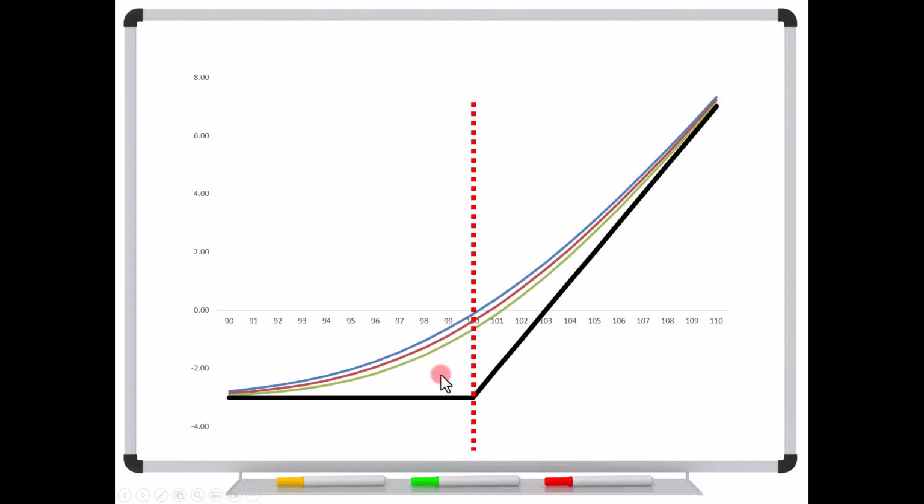These lines are starting to flatten out towards the black. See how this is starting to level off and it's starting to get very, very flat, and eventually right at expiration will be right on that black line. Okay, so let's back up